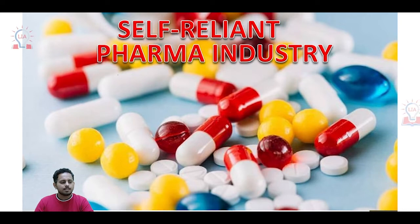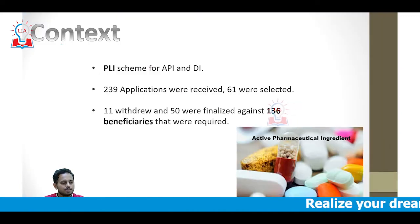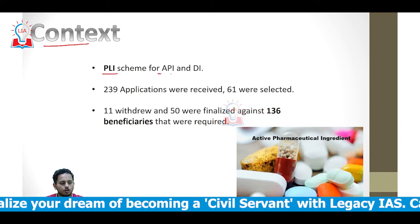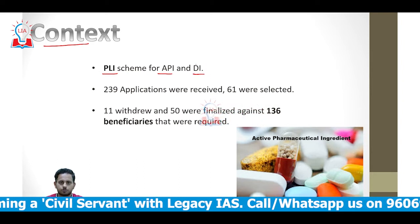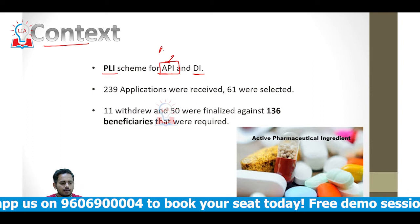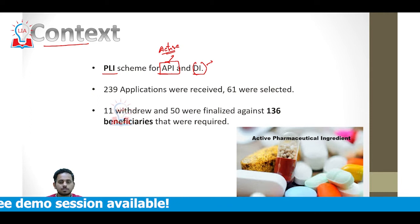In this video, we will see about the pharma industry and how the Atmanirbhar Bharat in pharma, which is also called the PLI scheme, that is production linked incentive scheme, has affected the pharma industry in India. Let's see the context. The PLI scheme for API and DI was introduced. What is API? Active pharmaceutical ingredients, and also DI, which is an important part of pharma,